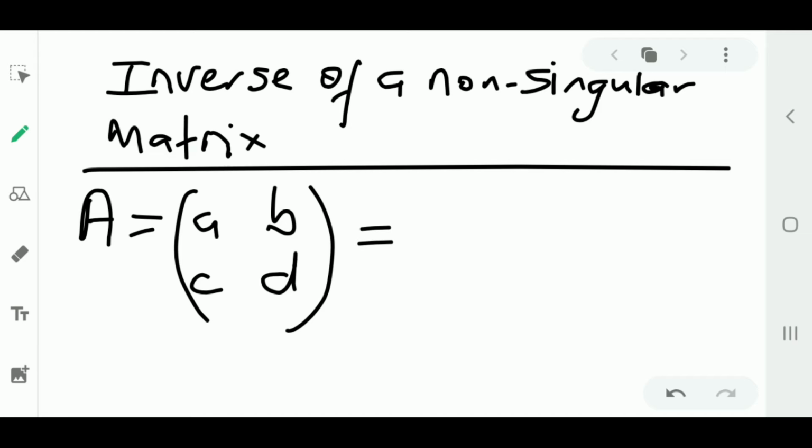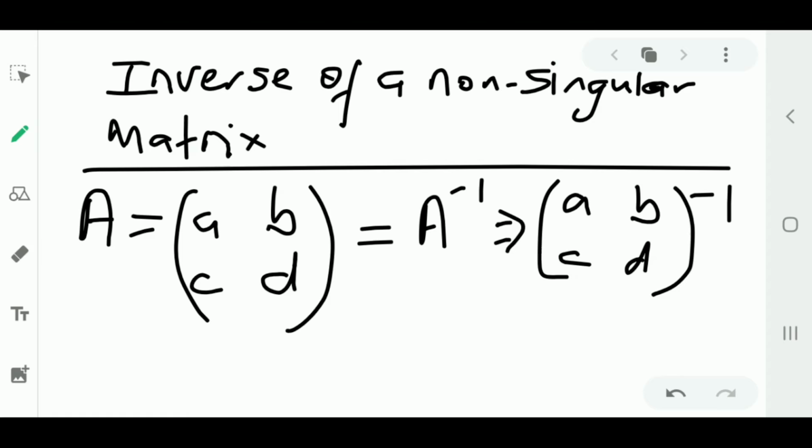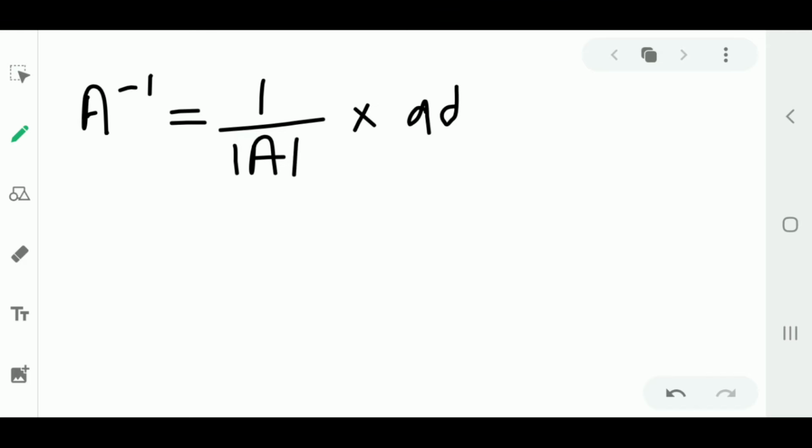The inverse is denoted by A to the minus 1. There's a formula that we use for this. A inverse is equal to 1 over the determinant of A times the adjoint